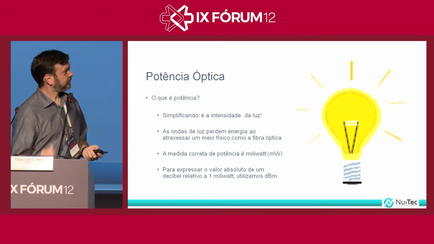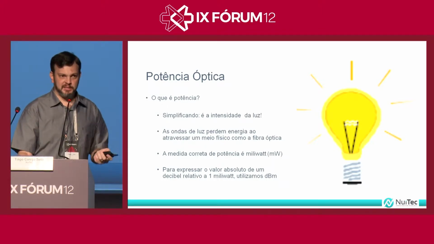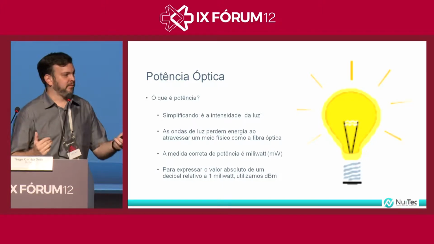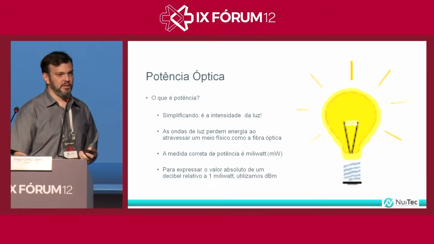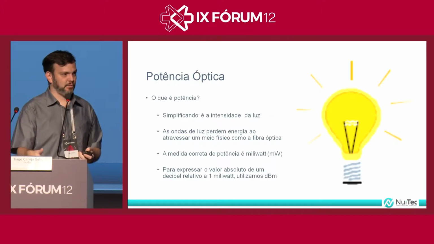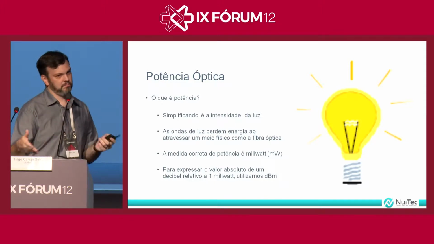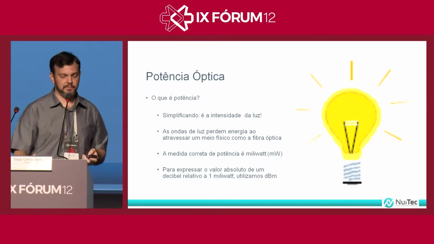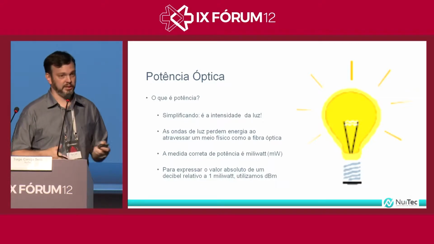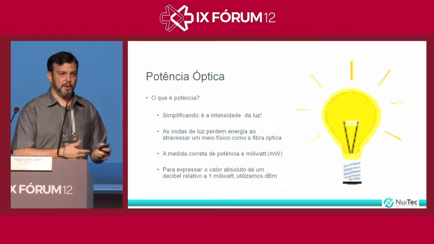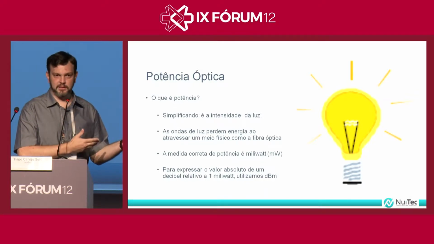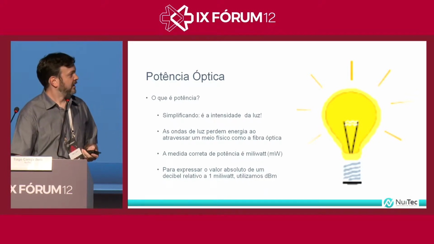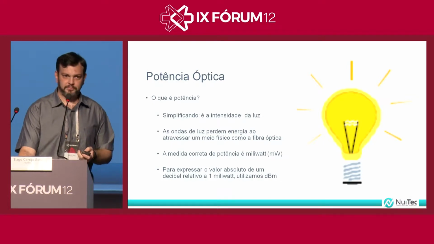Optic power. Optic power is the intensity of light. How weak, how strong is the light? This is something that we use in telecom to carry out a correct measurement. It's generally done in milliwatts, but there is a logarithmic ratio with decibels to have an accurate reading within the logarithmic scale that we use, the dB, that